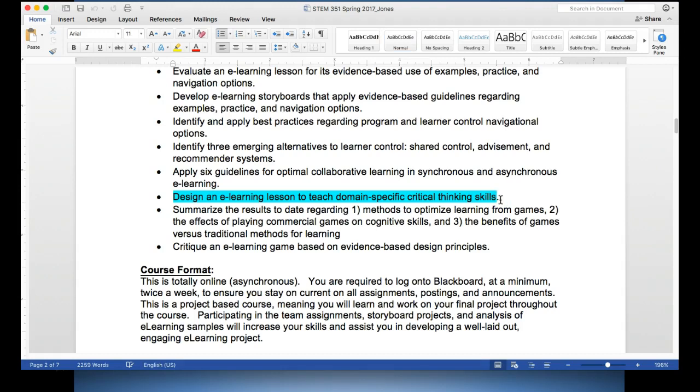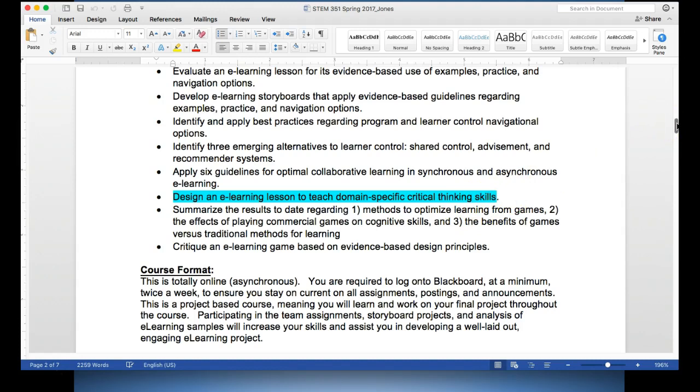So think about something, whether you are already working or still just a full-time college student, what's one specific thing that you could teach someone in a short amount of time, probably not more than 10 or 15 minutes, one specific skill that you could develop and design properly using the skills that we will discuss in this class. So this is going to be your final project, but you need to start thinking about it early on